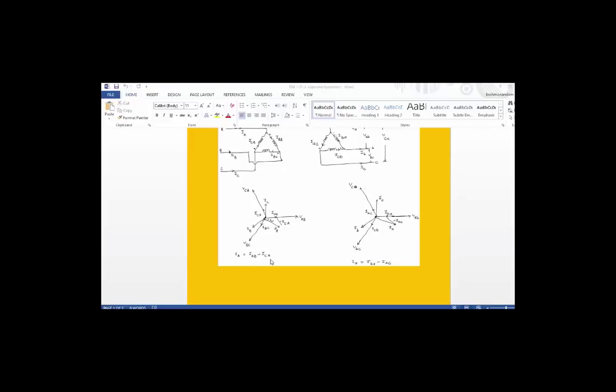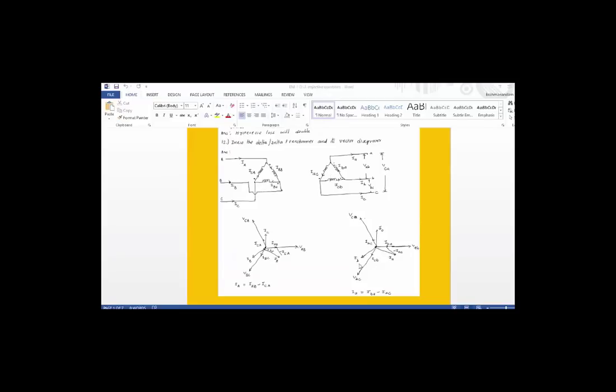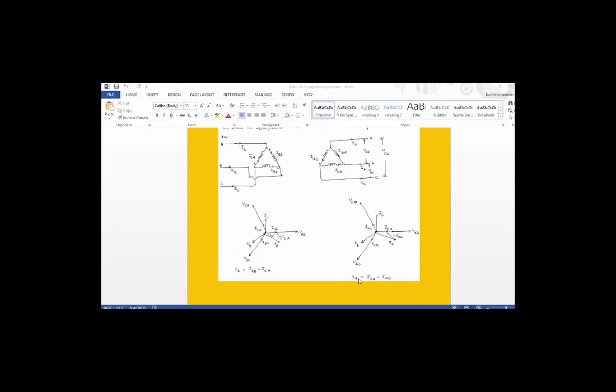And as we discussed earlier, here also we can apply KCL at this point, and then we can calculate what is the IA current. IA is nothing but IBA minus IAC. So IAC we know, so extend that backwards like this and add that to IBA negatively, so that the resultant of IBA and minus IAC will give you the IA value.